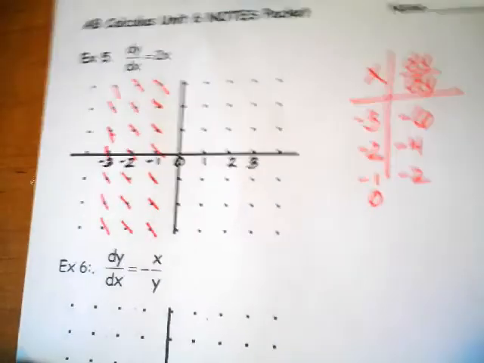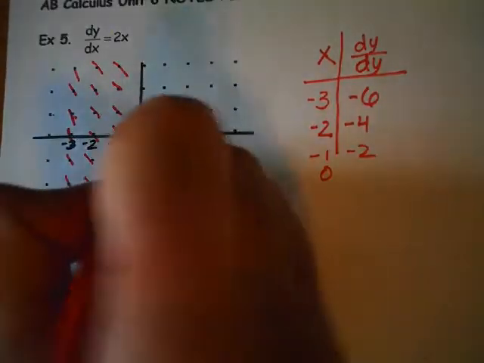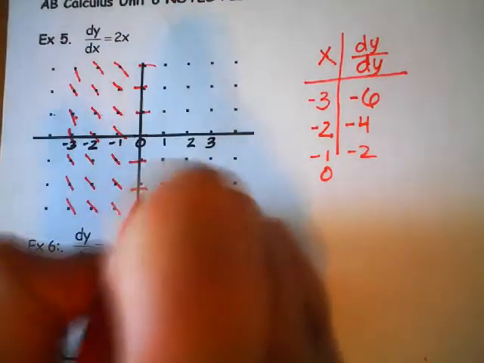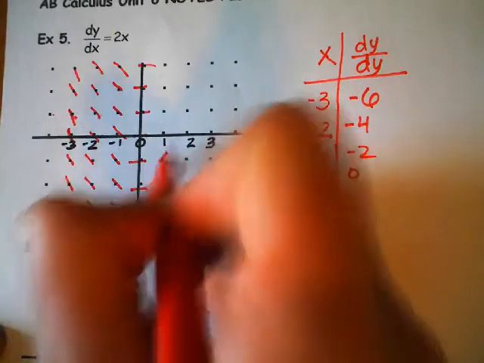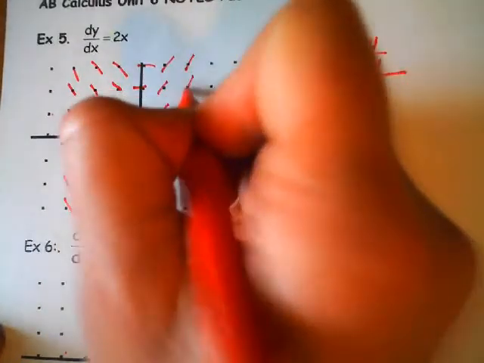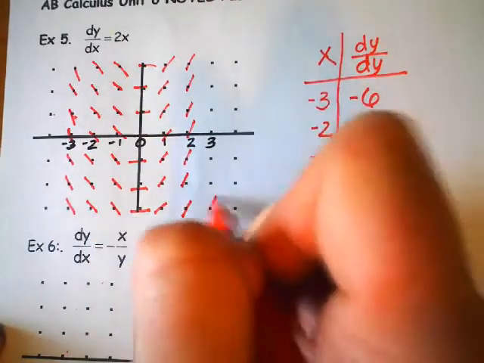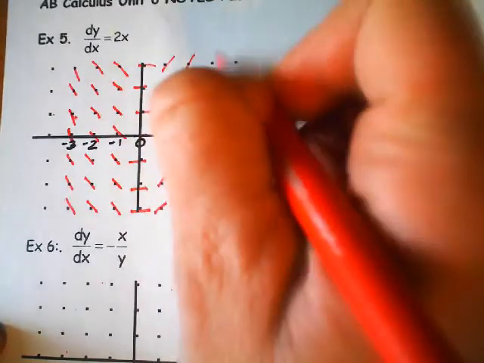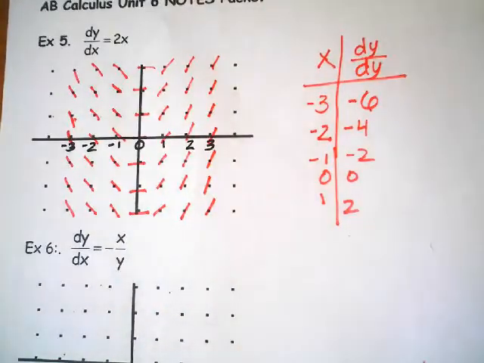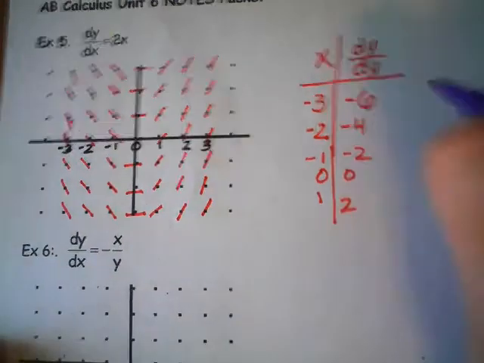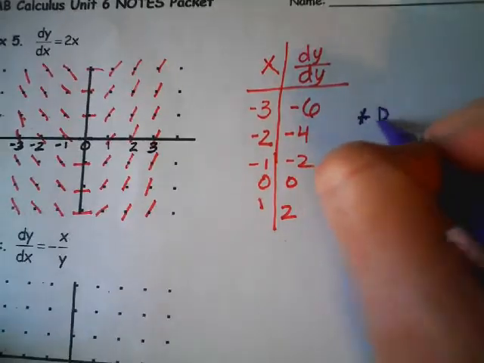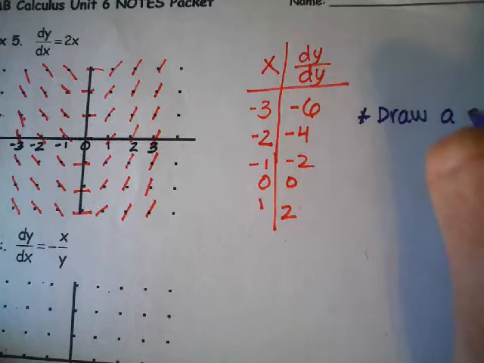0 would produce a slope of 0. 1 would produce a positive slope of 2. Notice the slopes are the same straight up and down when x is the only variable in the differential equation. The slope field should look like that. The thing that you might be asked to do after drawing a slope field is to draw a solution curve